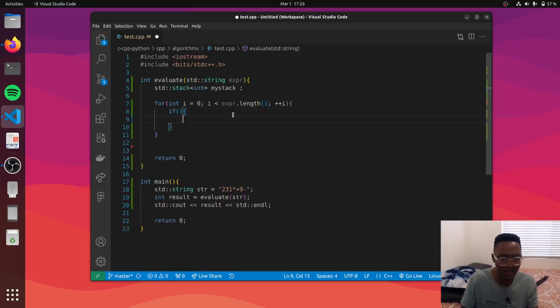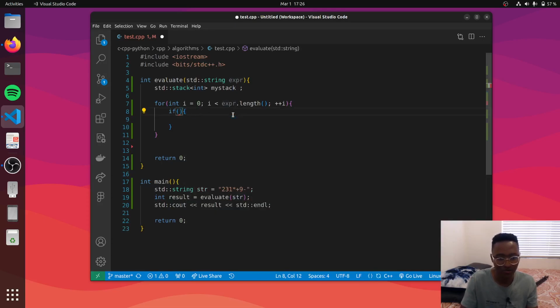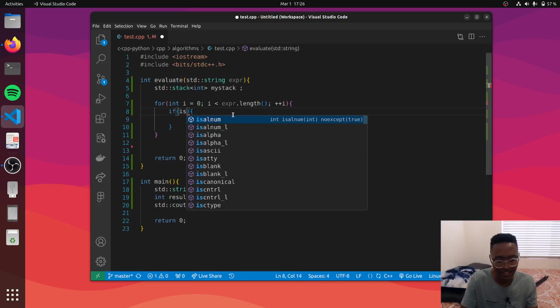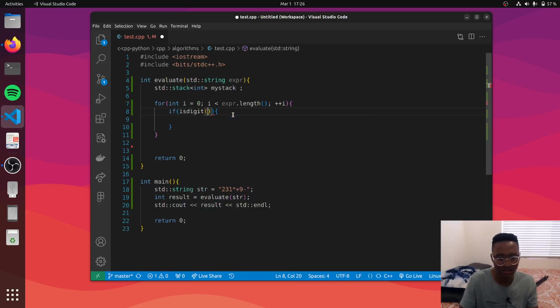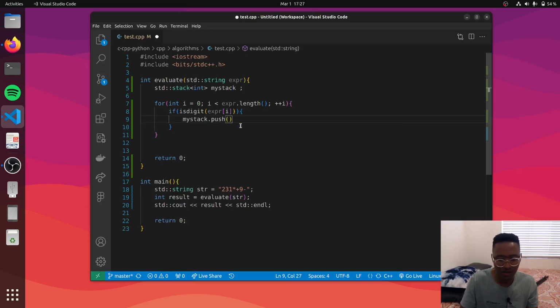So if the expr at wherever we are in that string is a digit, starting with index 0 which will be 2, and then 3, and then 1, etc. If it is a digit, then what do we want to do? We want to add it into the stack. So we're going to say my stack dot push, and then push in expr i, and that's